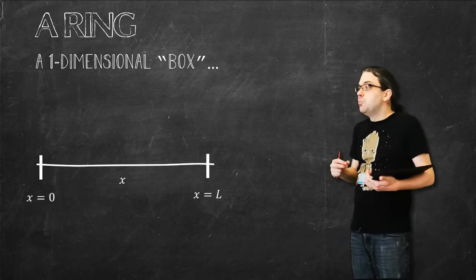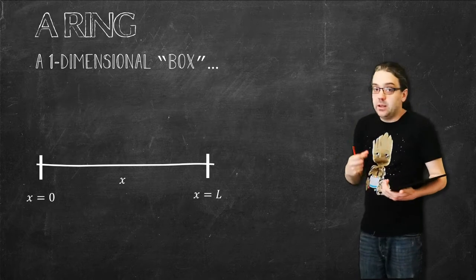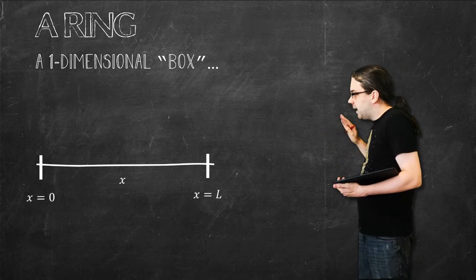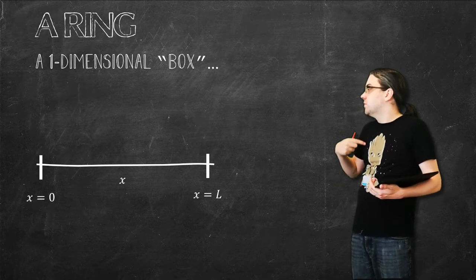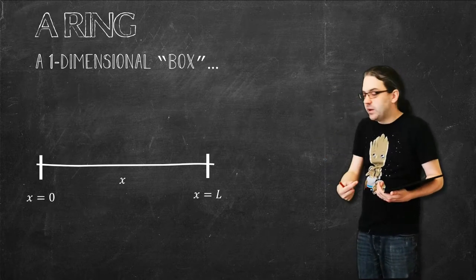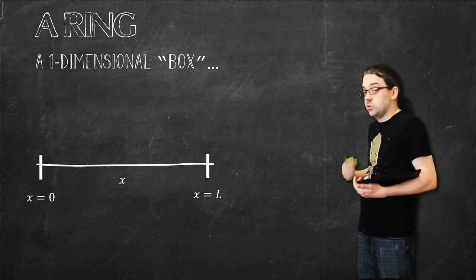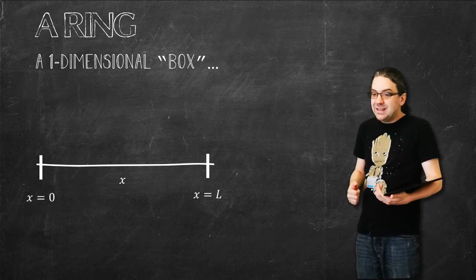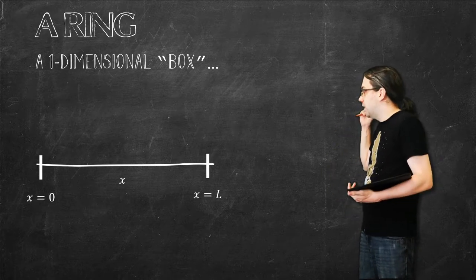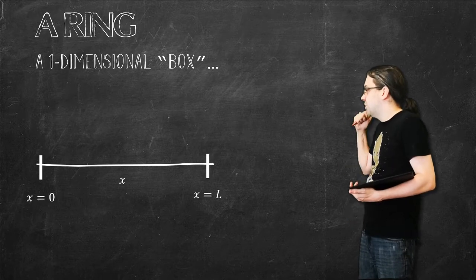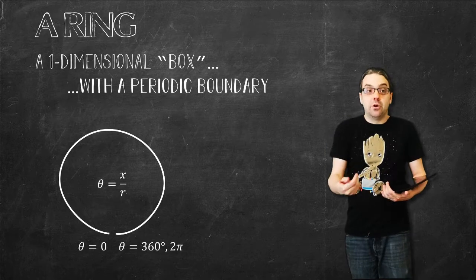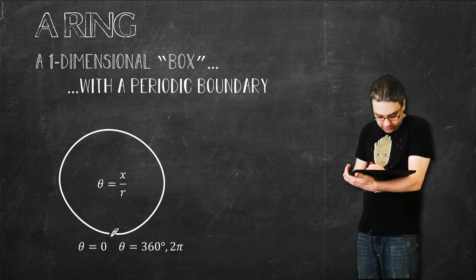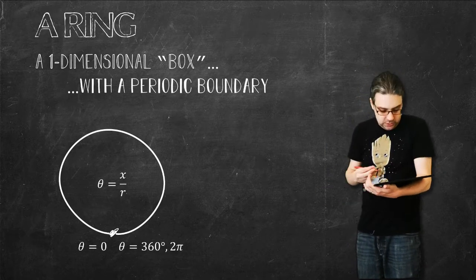So here we're going to move on to a particle in a ring, and a ring is slightly simpler because we're only dealing with one dimension. All we're doing is asking how far does something travel around the ring, or what's its angle around the ring, so it's one dimension. But the boundary conditions are periodic, so where we've got a 1D box in one direction, we can actually wrap it around on itself and it becomes periodic, which means at this point, or indeed any point,